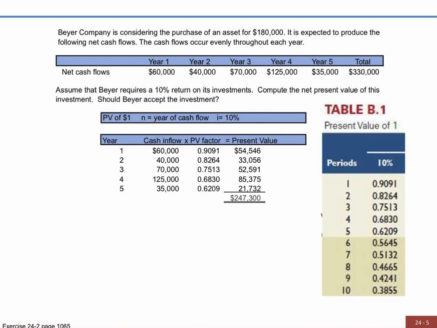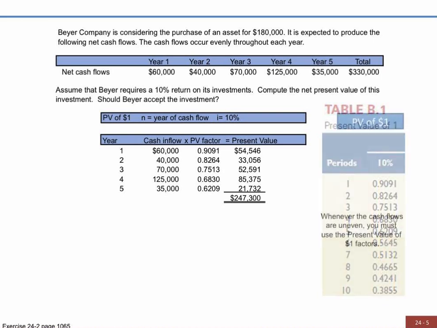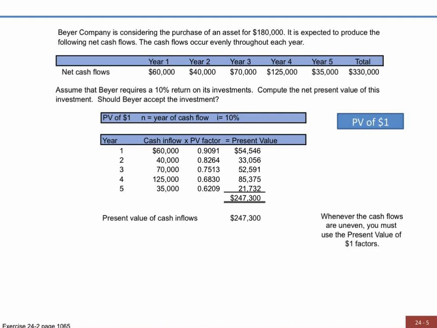And then we're going to want to add every one of those present values in years 1 through 5 up to get what the total present value is. And then we're going to want to subtract the 180,000 to get the net present value. So we have 247,300 is the present value of cash inflows. 180,000 is going to be the present value of cash outflows. Again, we don't have to discount that back because it's already in year 0. So our net present value is going to be